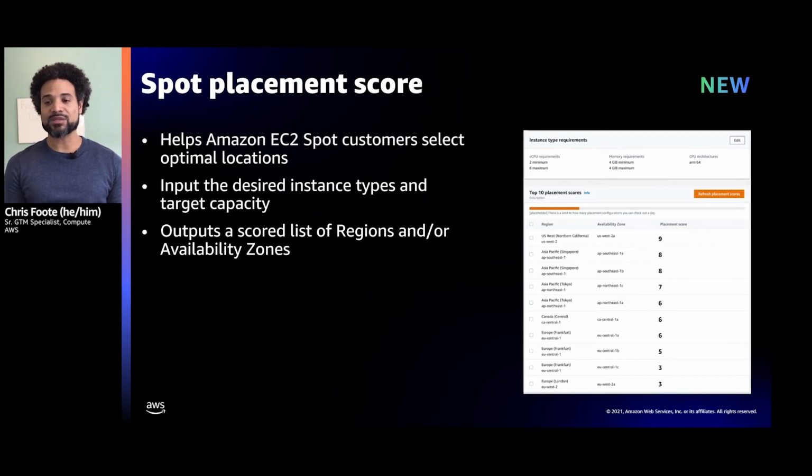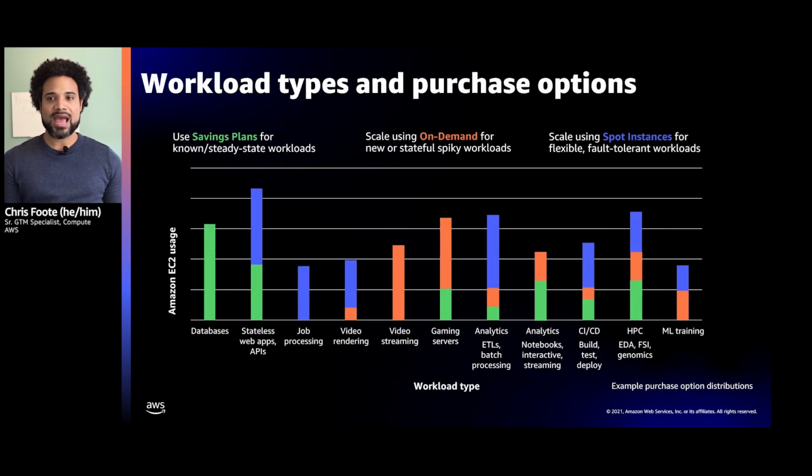So it's a point-in-time score, and it's basically there to reduce the time to value of customers launching new Spot workloads, or even just looking for additional regions to run their existing Spot workloads. So we're really excited about this feature. I think it's something that customers have been asking for a very long time, and we're happy to bring it to bear. So as cloud environments and usage scale, optimizing these costs correctly becomes very essential.